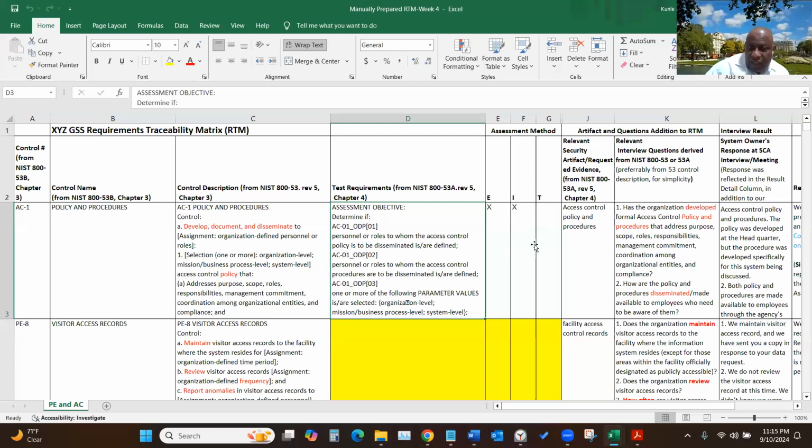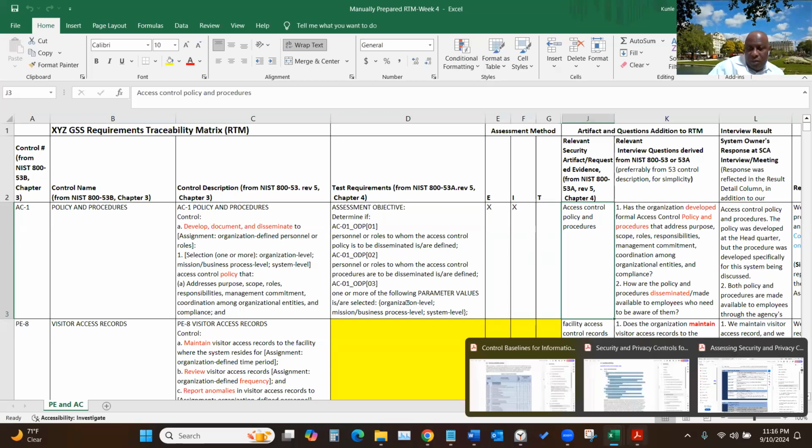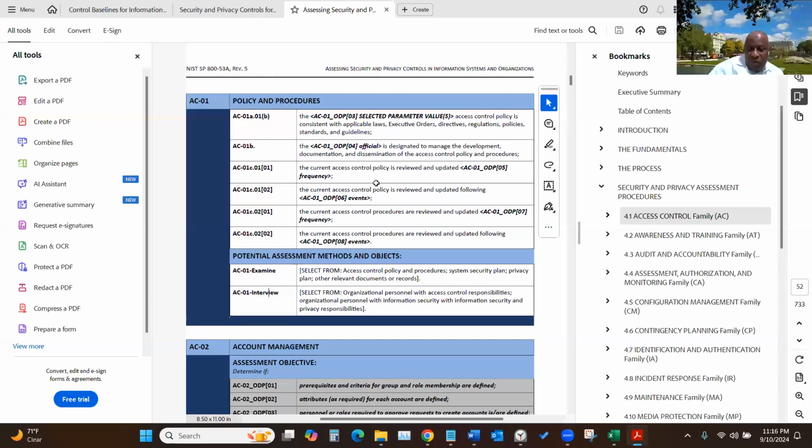The examine, interview, didn't say test. And then the relevant security artifact or evidence is coming from 53A chapter 4. So the evidence, this is evidence. For instance, like I said, how we created this evidence, which is in our request list here,